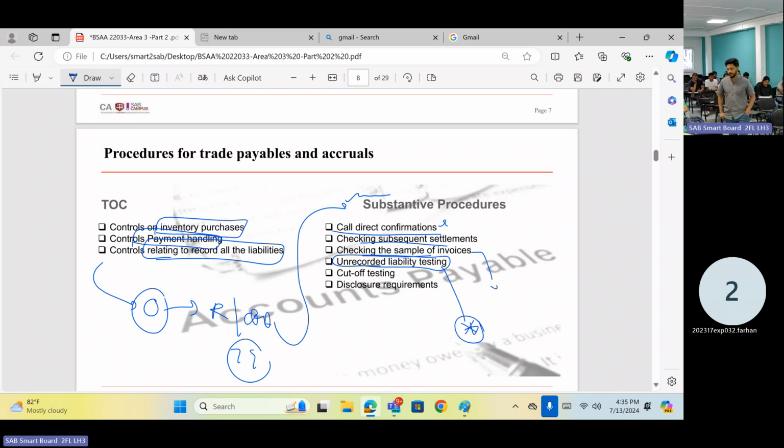How are you going to do this unrecorded liability testing? Firstly, you have to identify the critical payment accounts in your organization. Critical bank accounts and related bank statements. What are the key bank accounts you make payments from? Identify critical bank accounts, in other words operational bank accounts. Secondly,